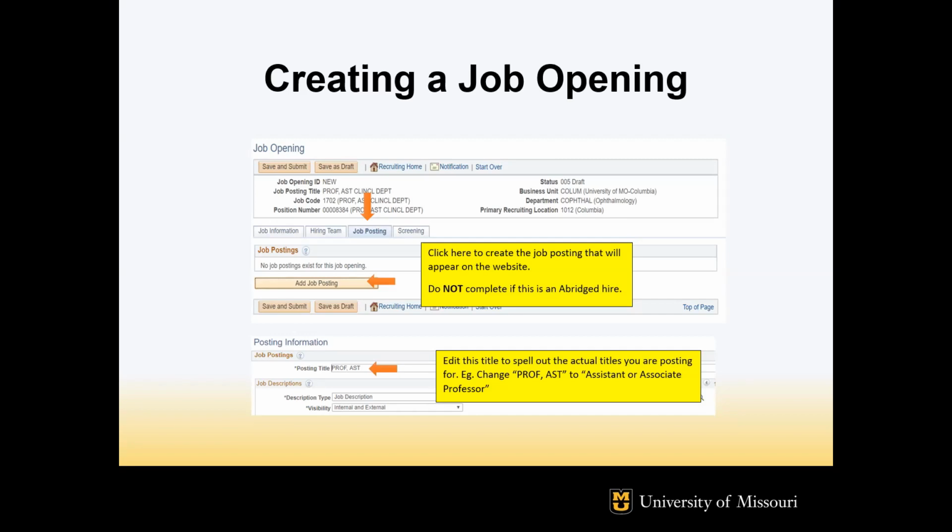You will either have to hire them as an assistant professor, or you'll have to do a whole new search so they can apply to an associate professor. This is just to make sure that we are being fair. Someone might have seen the job that would have been a great candidate, but since it wasn't posted as associate, they didn't apply. But if they had known it could be associate, they would have applied. So again, just make sure you spell out any potential title that you might use for this hire.